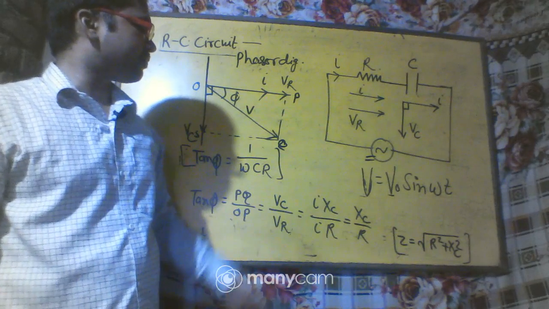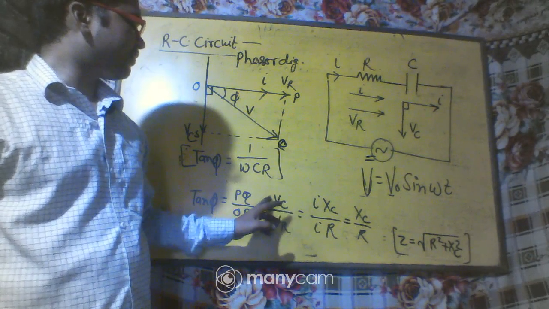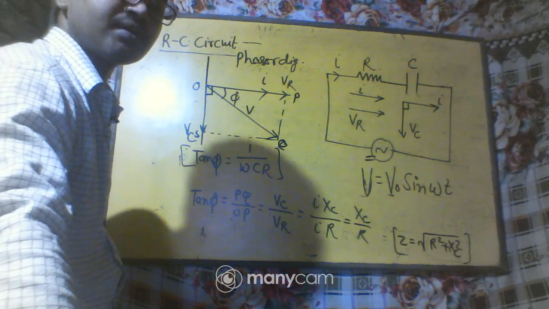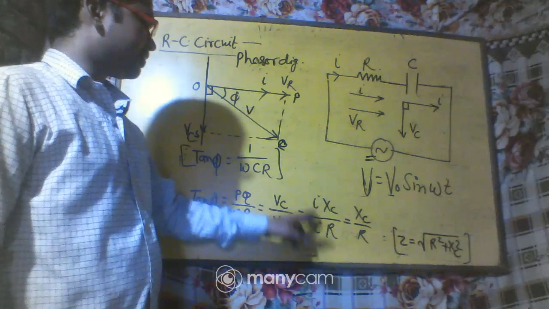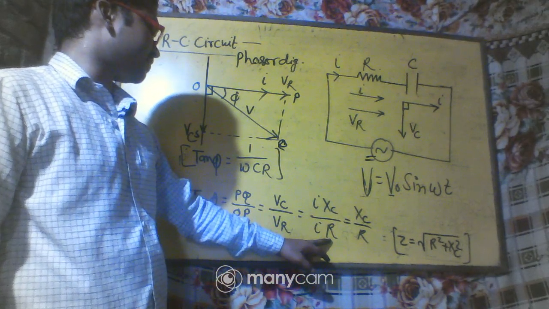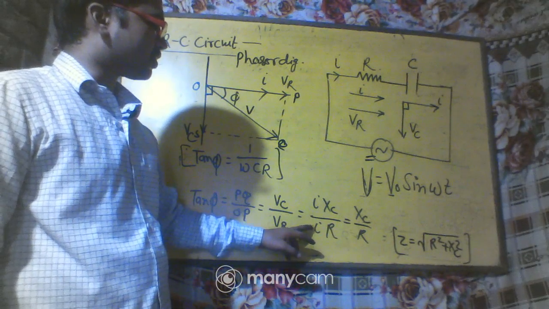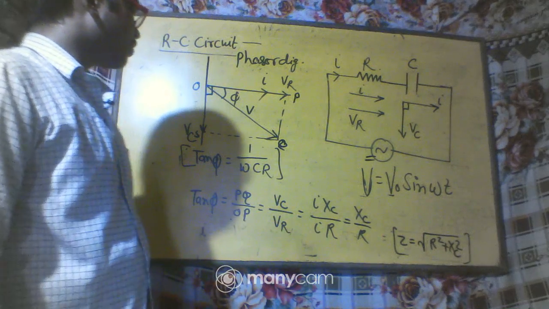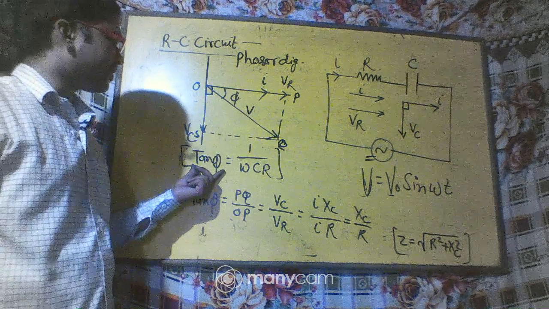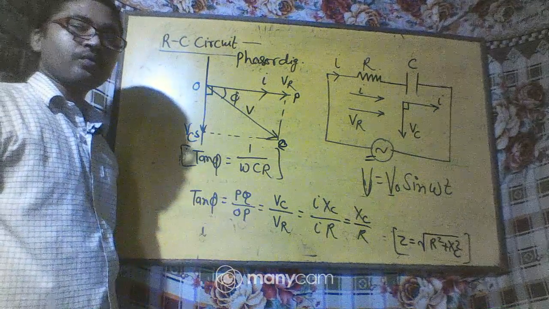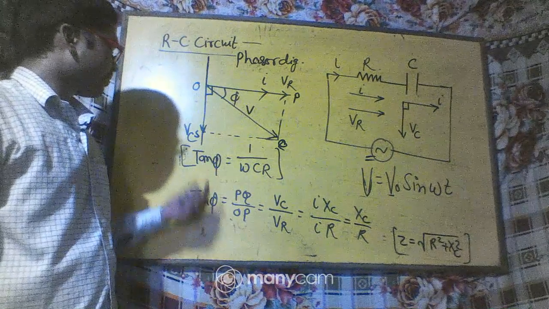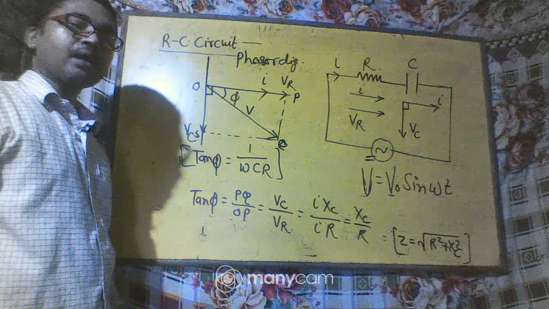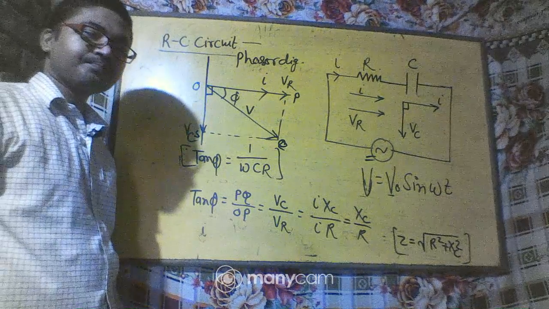Now since current flowing in these two elements are same, that is I, so you can write VC is equal to IXC, because XC is the resistance produced by capacitor in path of AC, and this R is resistance produced by the resistor in path of AC. So these I's cancel and your result is XC upon R. Now since we know that XC is equal to 1 over omega C, so you can find the equation tan phi is equal to 1 upon omega C R also. Okay, so I hope you understand. By using this formula you can find out the phase angle of this circuit.